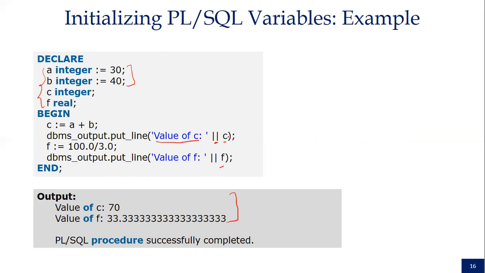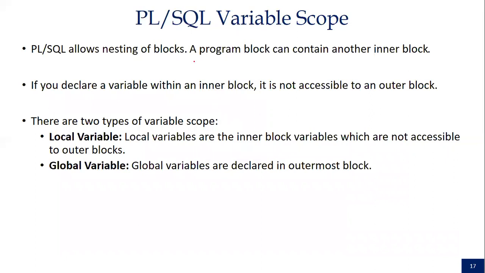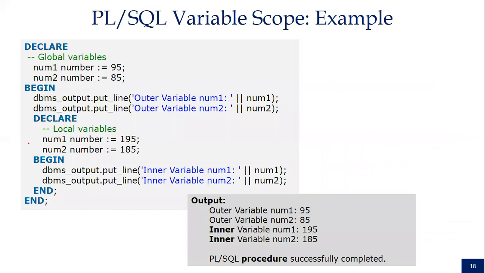Similarly, you can declare different types of variables according to the scope of the variable, like local variable and global variable, which you have seen in other programming languages. Here the scope is defined by the nesting of the blocks. Inside the begin, we have specified another begin, and another declare inside that begin. A variable declared inside this declare block has its scope inside this block. It cannot be utilized outside of it.